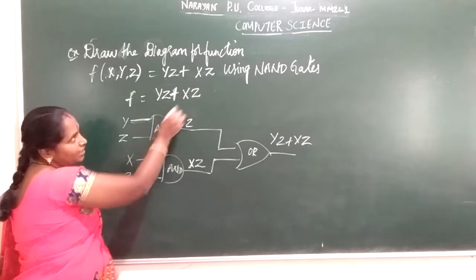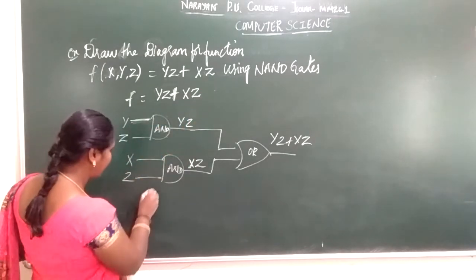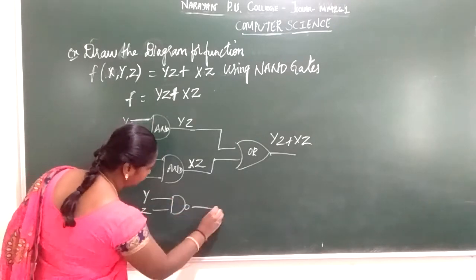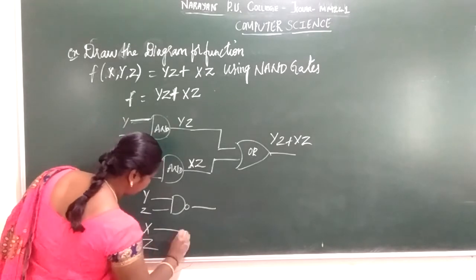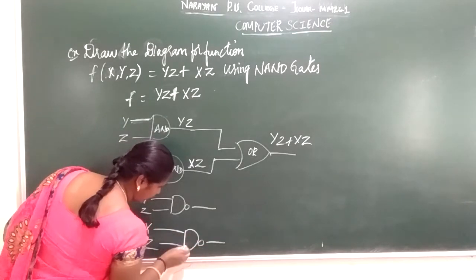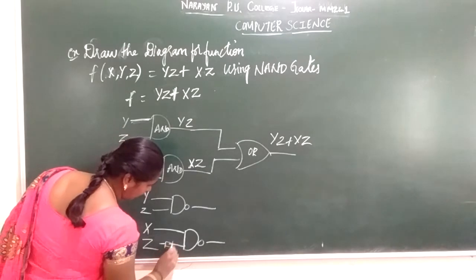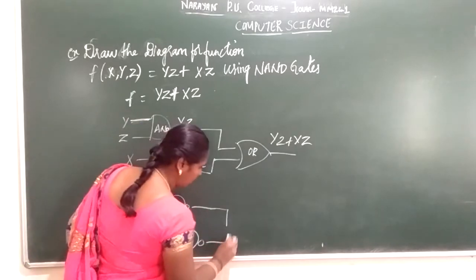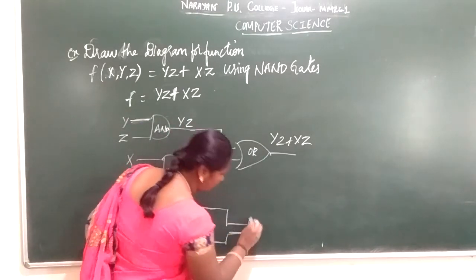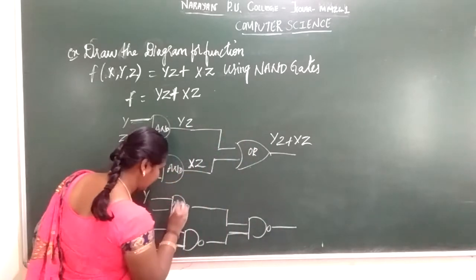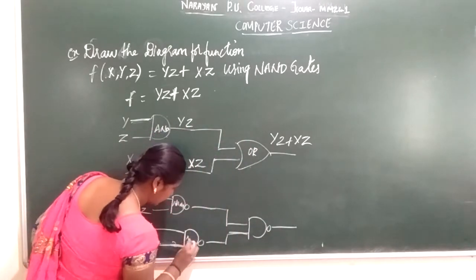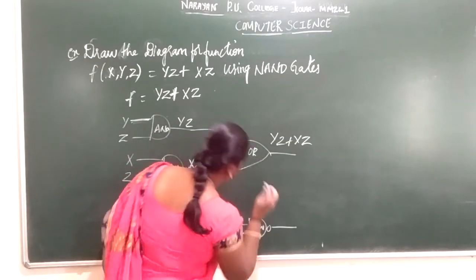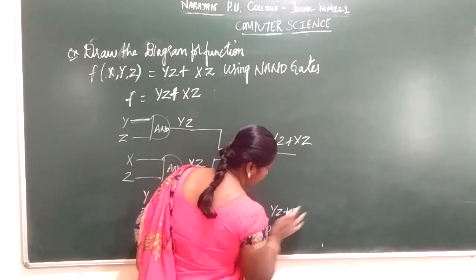So this should be just replaced with your NAND gate. Same thing, take the expression yz. Use a NAND gate. Next xz, use a NAND gate. If there is any complementation, it should be represented by a NAND gate. There is no complementation or NOT gate applied, so replace your OR gate with a NAND gate. So this is my NAND gate and this is my NAND gate. The result produced is the same, yz plus xz.